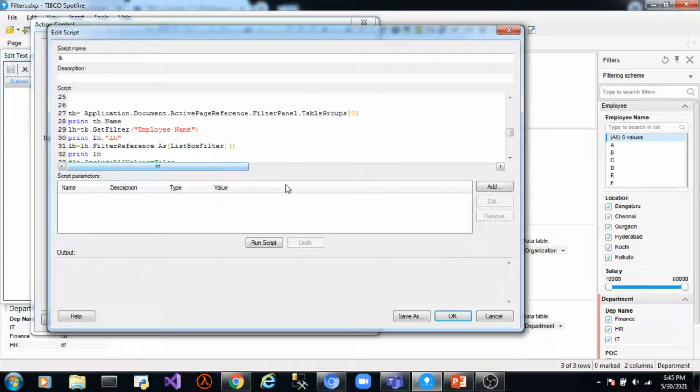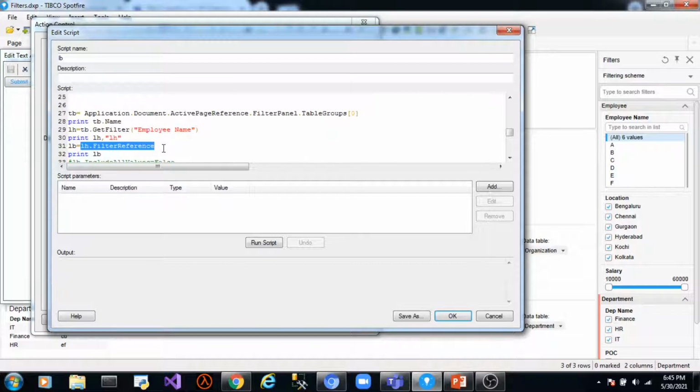Okay, now we know that to access a particular filter, we need to pass one filter handle. So at this point we have got a filter handle. Now the next step is to use this property, filter reference. Forget about this one for a moment. This is the filter reference property through which we get the filter. So this will return a value of type filter class.